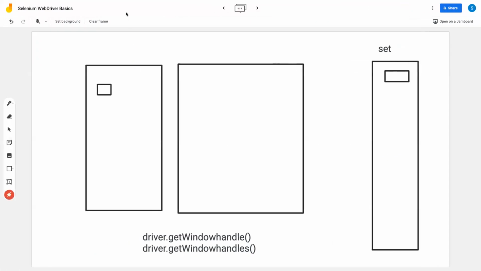Sometimes you right click on a browser and say, hey, duplicate, and then you create one more same window, right? So in that case, I think the window handle will be the same for both of them. But when you use getWindowHandles, because it returns a set, it's going to return the unique window handle code for this particular tab, for this particular tab, and for some other tabs.